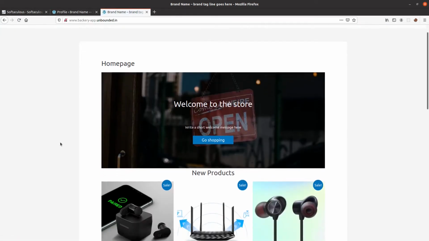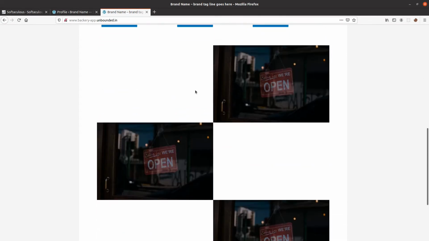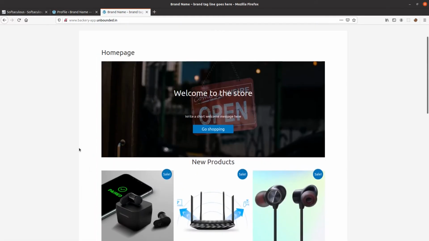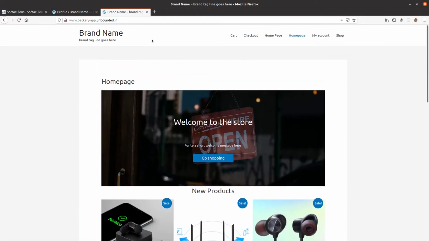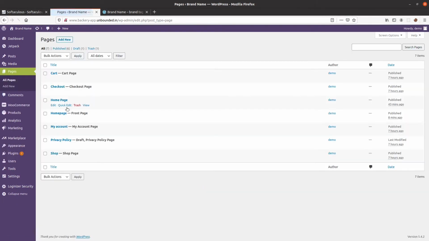Now the website looks like a legit shopping website, and we can go ahead and customize the items on the home page to make it look more real, or add a featured product. So let's go to the pages, and so we have the home page, which is the front page, and this is the page that we don't want to use, so send it to trash.